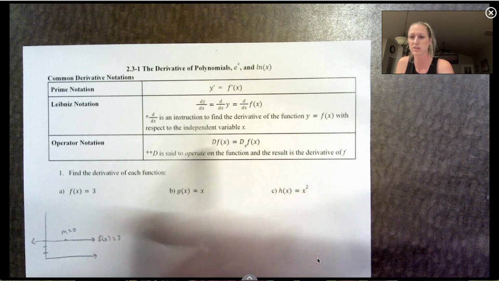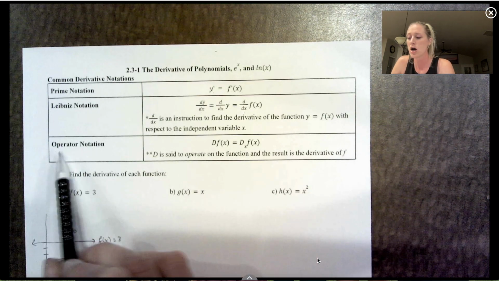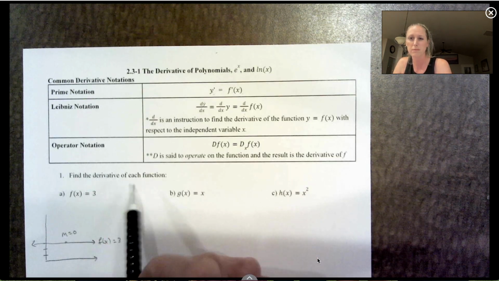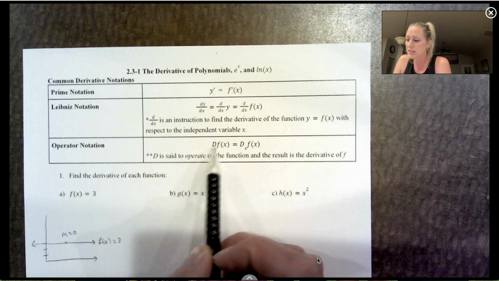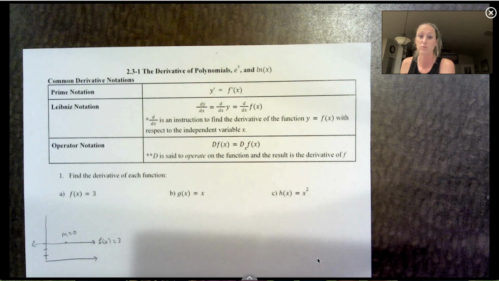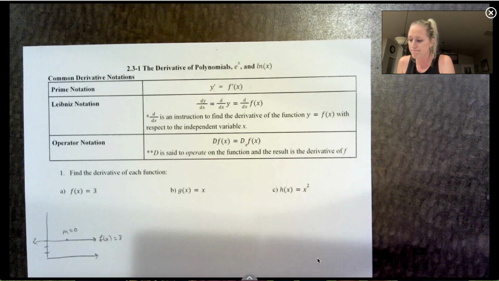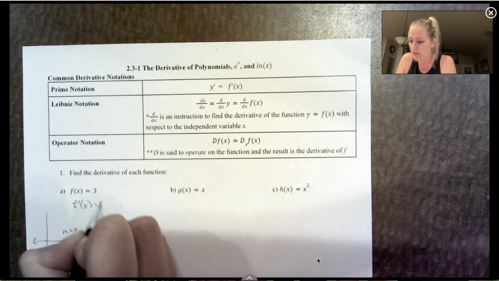So d dx tells us with respect to x, we're finding the derivative of the function. Operator notation, I would say this one's probably the least common, but basically this capital D is said to operate on the function and the result is the derivative. So a couple different ways we can see that notation. Okay, all right, so I'm going to come back here and I'm just going to say f prime of x is 0